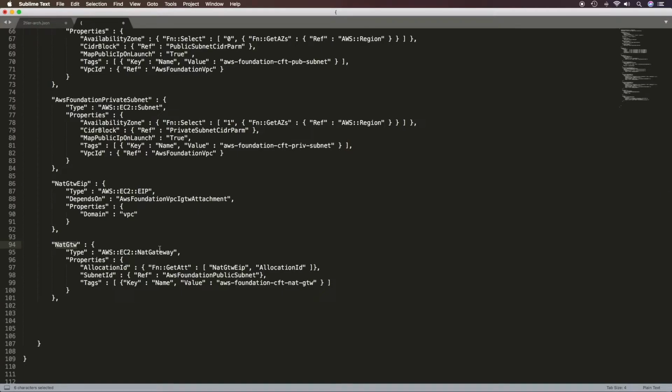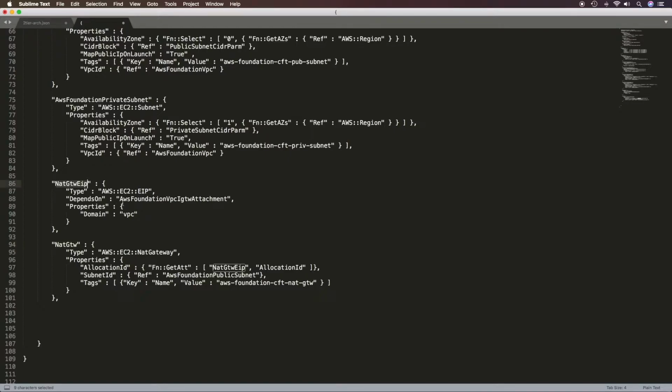You already know the purpose of the NAT Gateway. If you have EC2 instances in a private subnet and you want internet connectivity from those EC2 instances, you need a NAT Gateway. The connectivity is only one way. The EC2 instances can send requests out to the internet, but the internet cannot send any request into those EC2 instances.